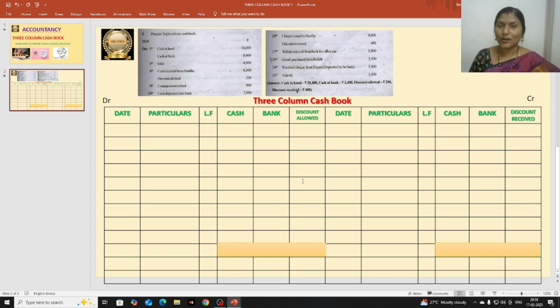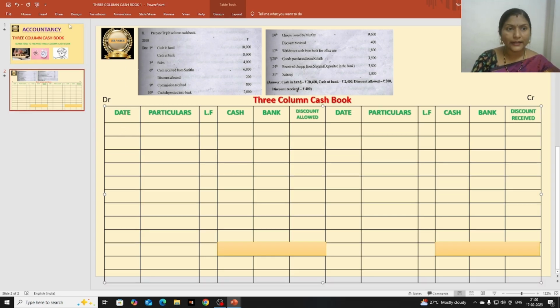You can watch that. Okay, opening balances, cash in hand, cash at bank are the opening balances of that particular business on the opening day of that month. So these are assets. So we should record on debit side only, always. And what to write actually? So I will show you what to write. This is a debit side. I am writing, you can see there. So date, we should record date in the date column. What is the date? December 1st, 2018, no? So we can write like this: